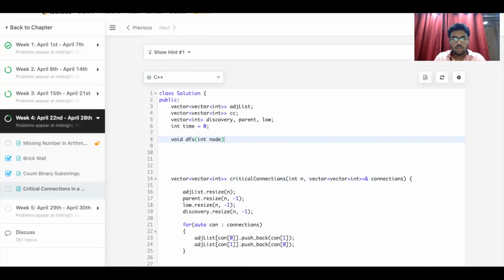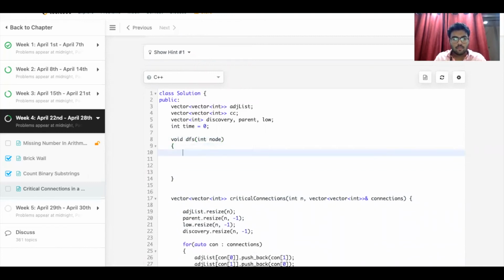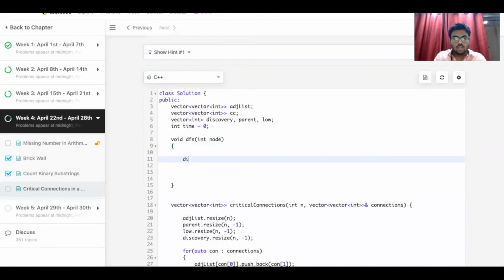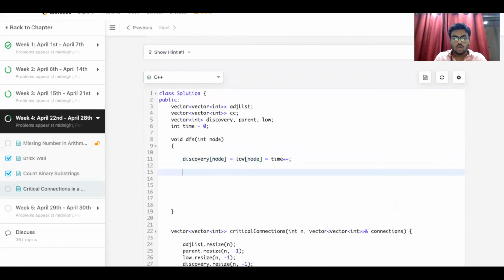So I'll call it node, and discovery of node is equal to low of node is equal to time plus plus. So every time we come to the DFS function, we increase the counter.